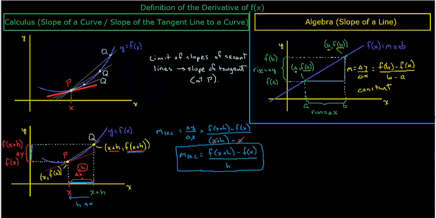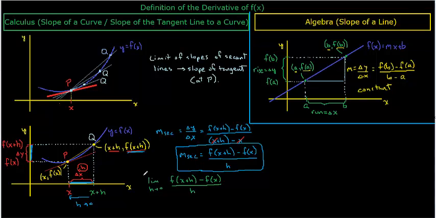So mathematically we can write that as the limit as h approaches 0 of our formula for the secant. That's f of x plus h minus f of x